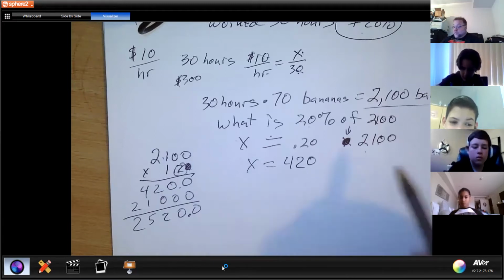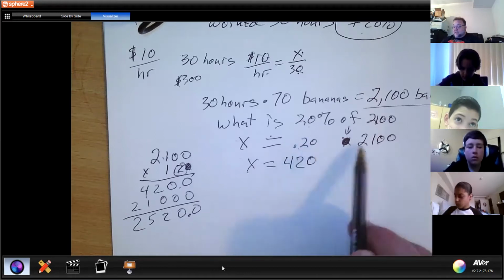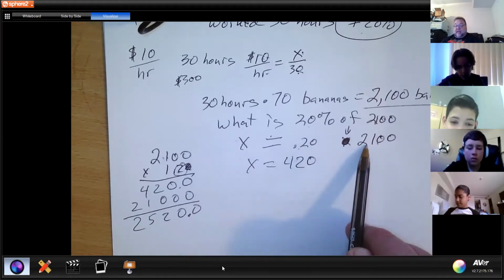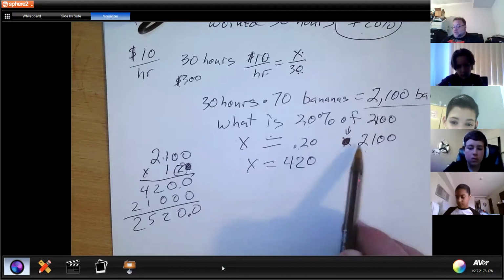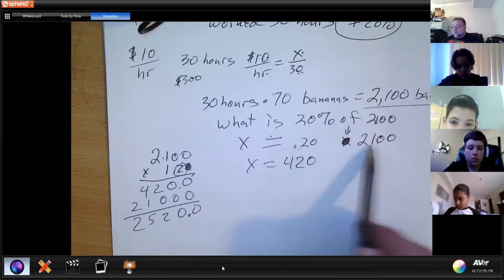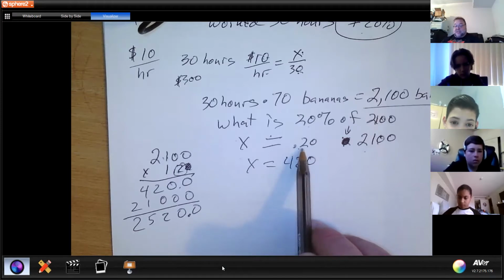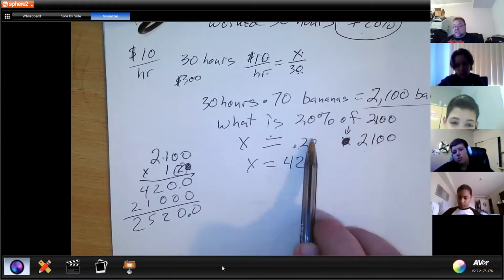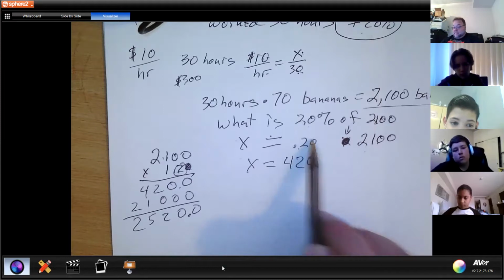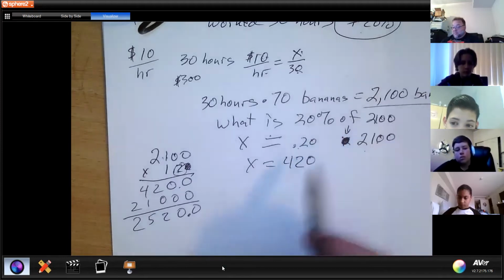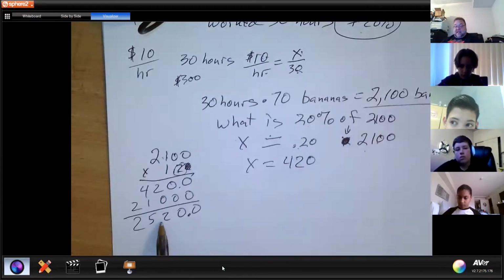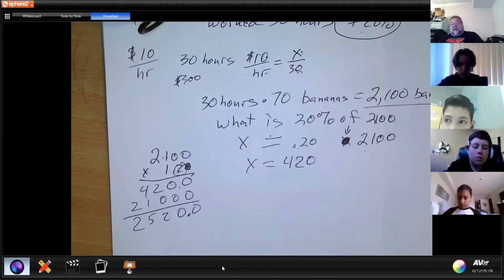I got 420 because I multiplied 0.20 times 2100. So it'd be 21 times 2, which is 42. And I take off 1 decimal point because I have a single decimal place, right? Because that 0 doesn't really count. So 2100 plus 420, there's my answer. Same answer, right? So I got the same answer, but it was a different way to find the answer, a